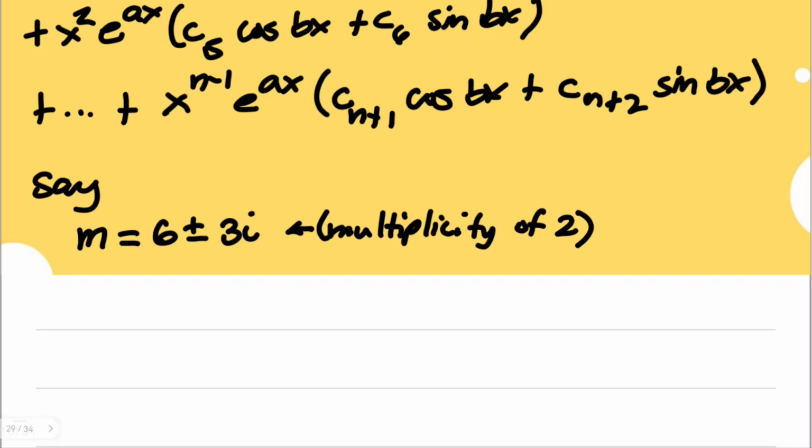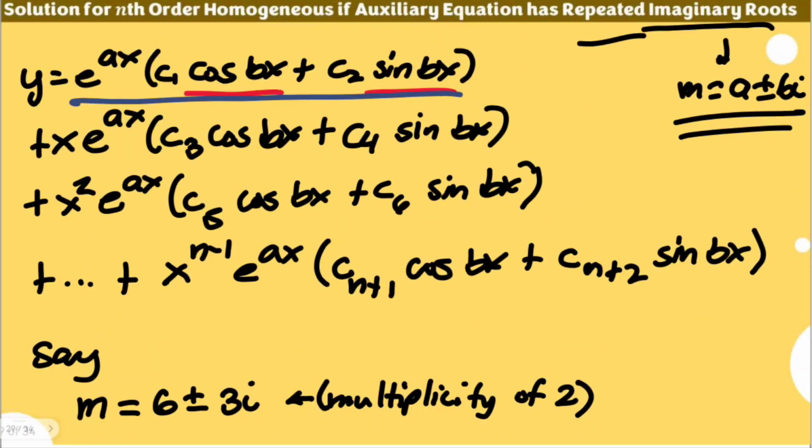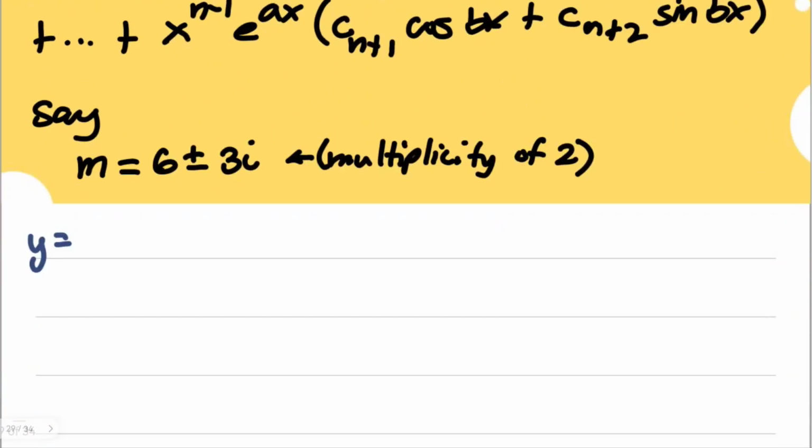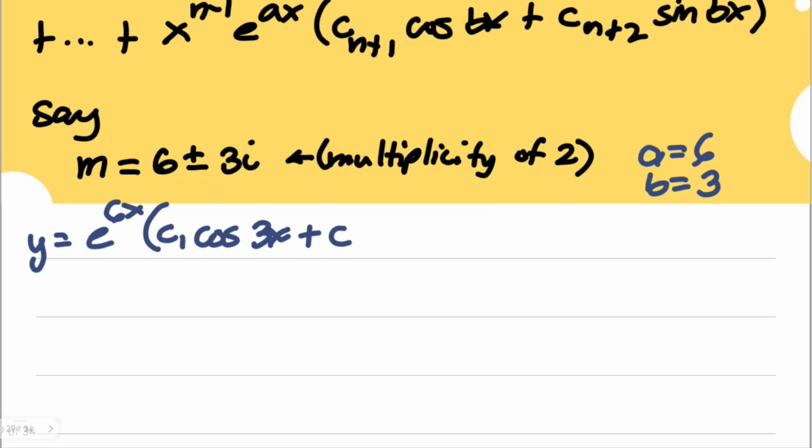So we're going to use the solution y is equal to, so we're going to write it this manner. Multiplicity of 2 means we're going to end up here. So we have e to the power of, by the way, before we forget, our a is 6 and our b is 3. So we have e to the 6x times c sub 1 cosine of 3x plus c sub 2